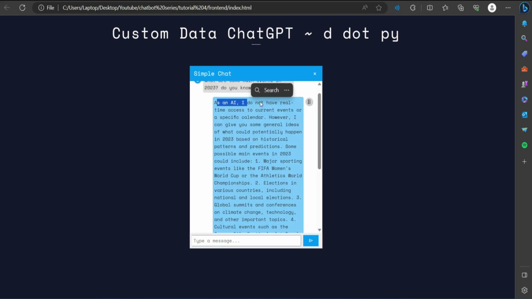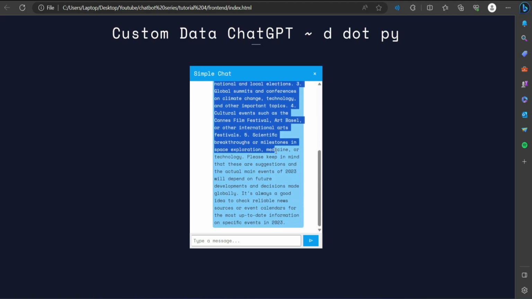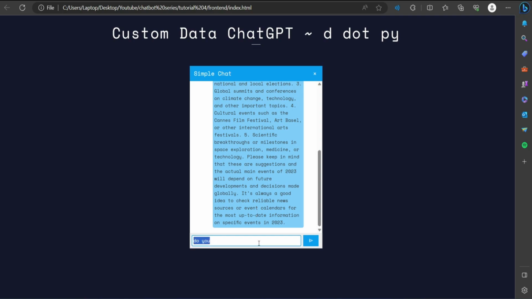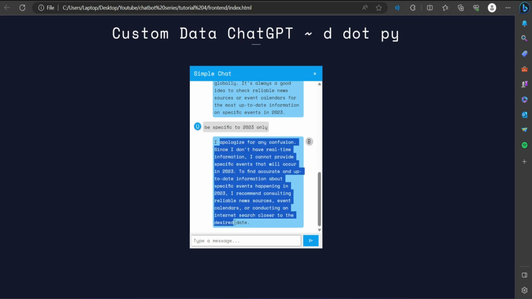So as you can see, it is saying as an AI, I don't have real-time actual current events or anything. So basically, it does not have the information about what happened in 2023. Be specific to 2023 only. As you can see, I apologize for my confusion. Since I don't have real-time information, I cannot provide specific events that will occur in 2023. So we are going to feed our own data and make it work so that it can answer from the